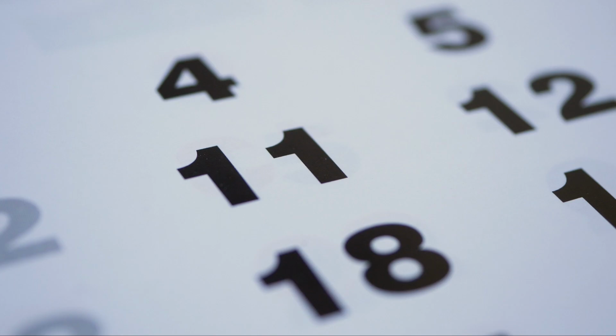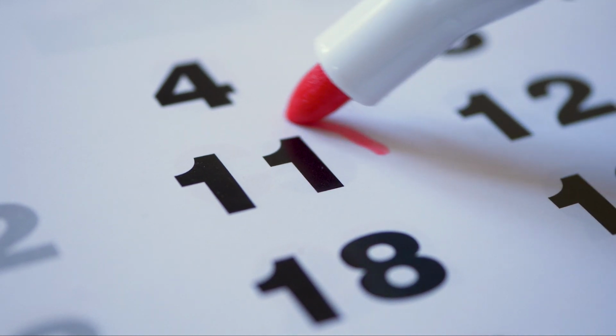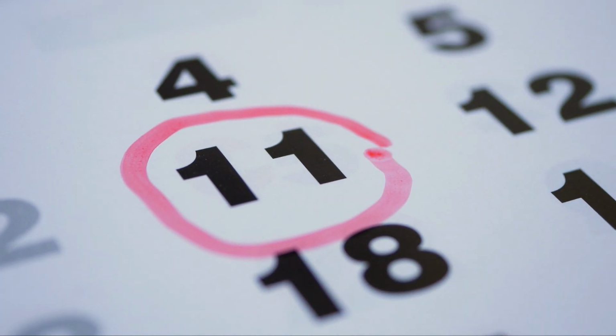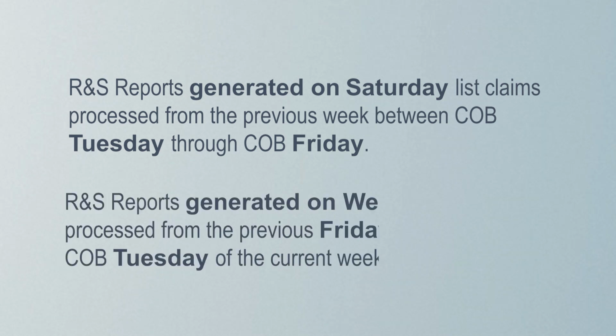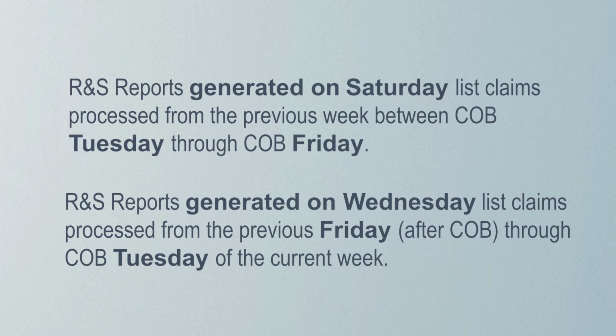While providers and financial management services agencies, or FMSAs, can submit claims daily, R&S reports are generated twice a week and are available every Saturday and Wednesday. R&S reports generated on Saturday list claims processed from the previous week between close of business, or COB, Tuesday through COB Friday. R&S reports generated on Wednesday list claims processed from the previous Friday, after COB, through COB Tuesday of